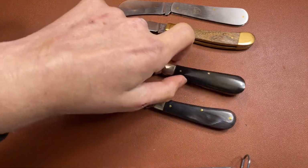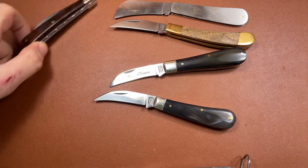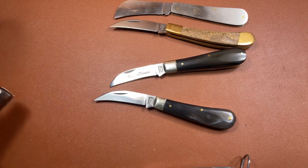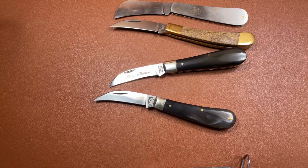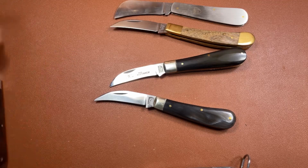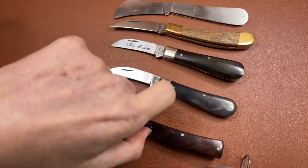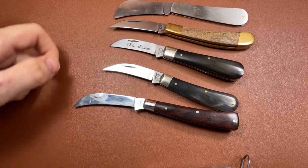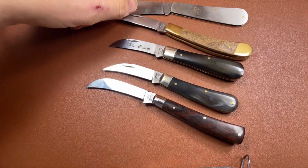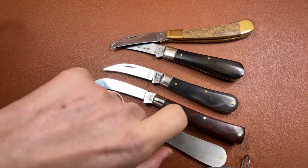But as you probably all know, I have a particular penchant for Taylor's Eyewitness knives, and I have a couple, and these are relatively recent because I've never seen these patterns done by Taylor's before. Now, this is what they call their half pruner, which one could describe as similar to the peach pruner, or similar to the Winston-Home, but it's a bit longer. So it's somewhere between the peach pruner and a full pruner, or what would be a better comparison actually